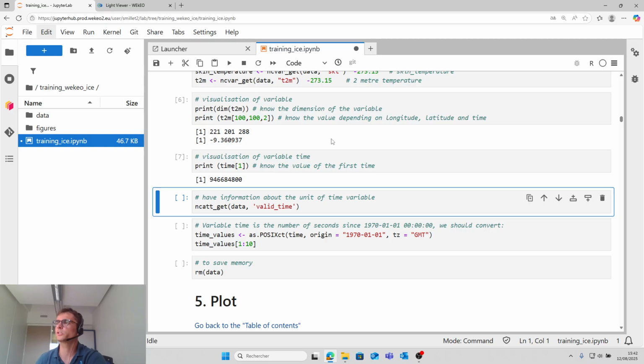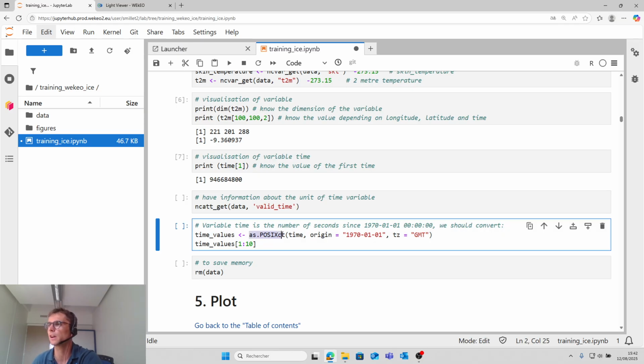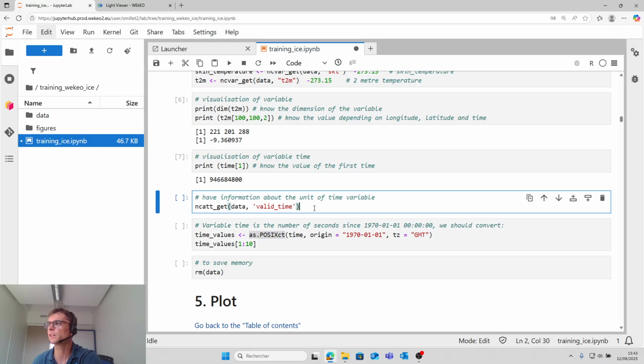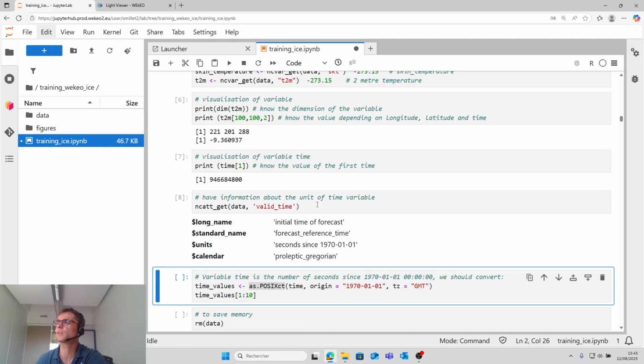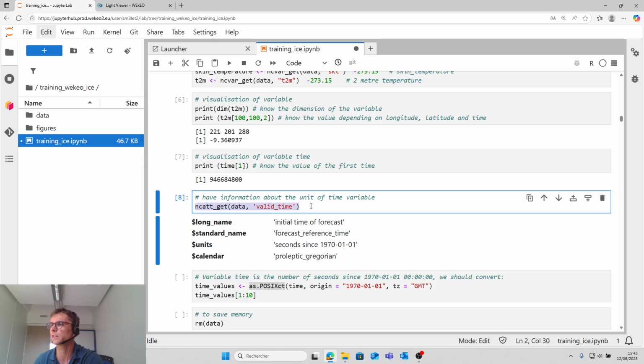It is possible to visualize the time too, but here it is a number, not a date. So to convert the date, we use this function as.POSIXct, but we need the origin. And it is possible to have the origin thanks to this function here.